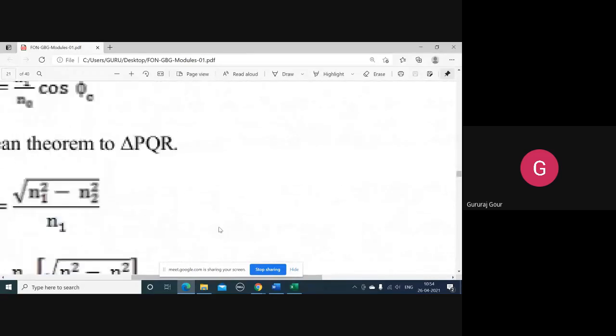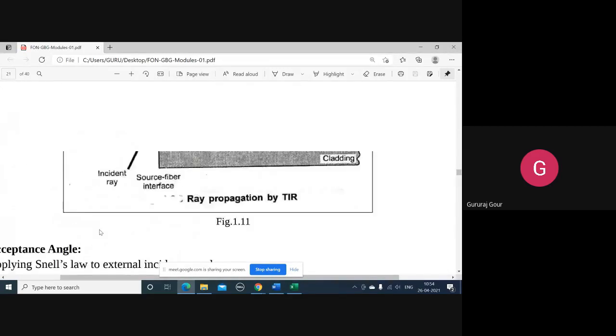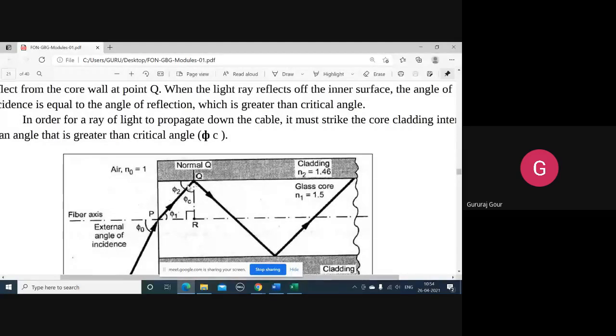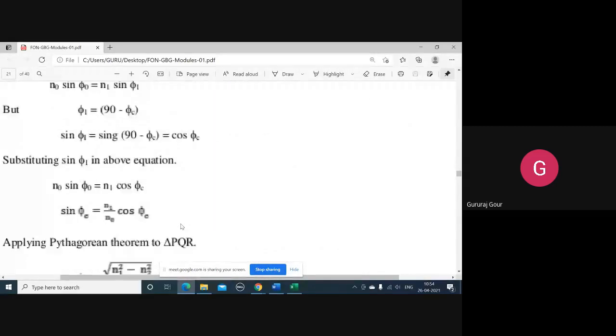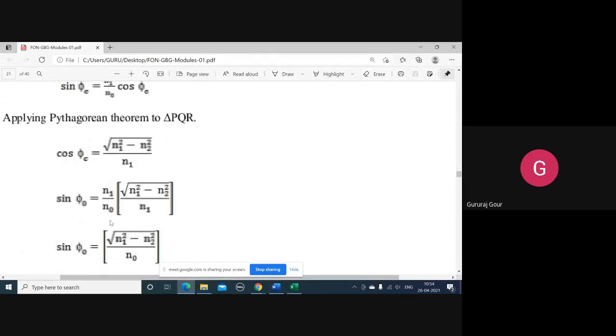PR appears to be parallel, horizontal to the cladding. I will take this as n2, its image as n2. Then QR will become, by Pythagoras theorem, the square root of n1 square minus n2 square. That's what we are trying to get here. So cos phi c means adjacent by hypotenuse. What is adjacent? Adjacent is the square root of n1 square minus n2 square, divided by the hypotenuse n1, what we have just discussed. Similarly you will get sin phi0